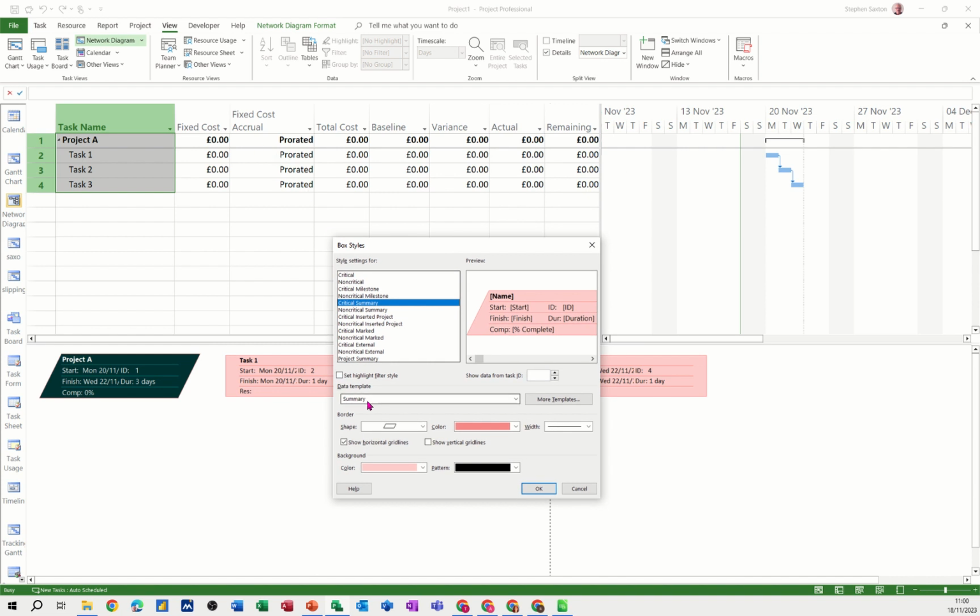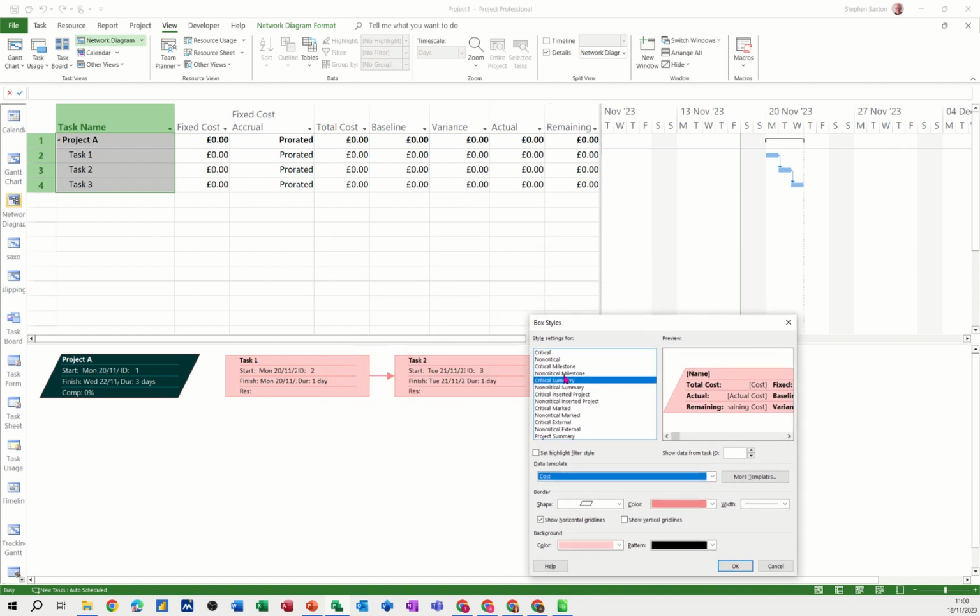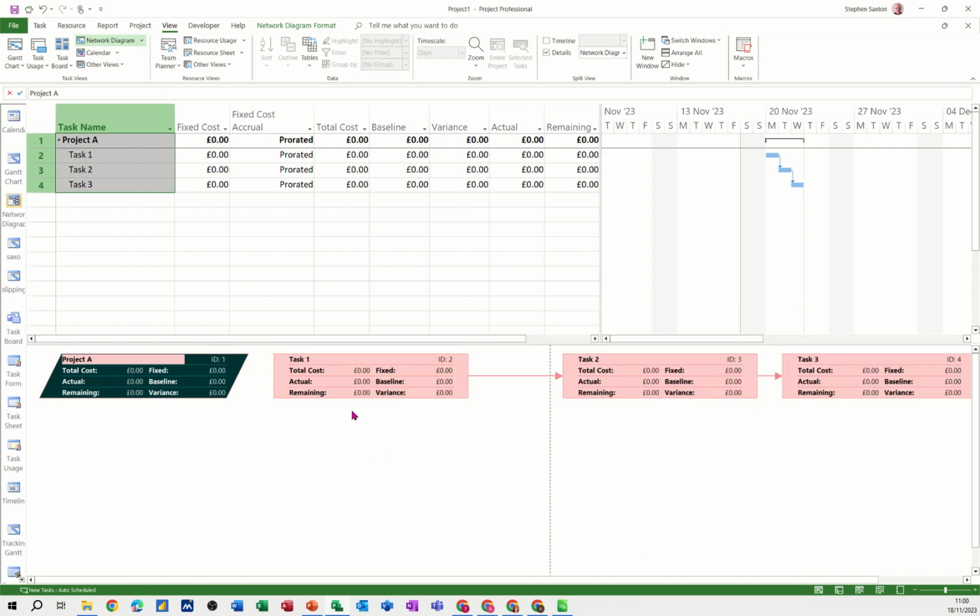So at the moment I'm clicked onto this summary, it's showing the summary information, but if I go to cost, that will show the cost information. These are the ones that are showing red because they're all critical. If I click on the critical, I can do the same thing there. Click on cost, click OK, and then that's now showing the cost information,